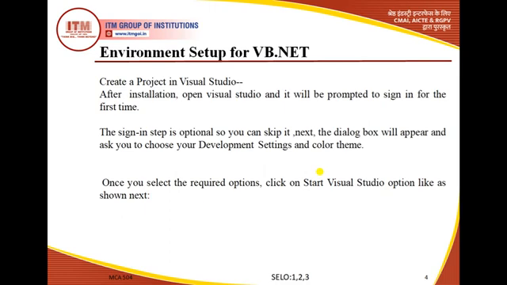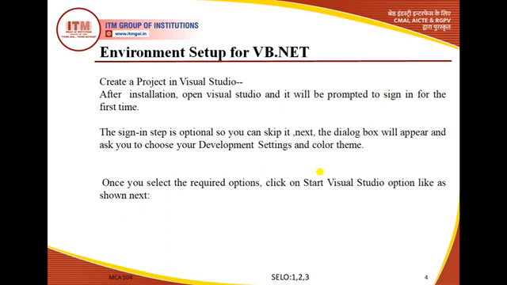Basically, after the proper installation is done in our system, we can open Visual Studio and start it. But first of all, Visual Studio must be properly installed in our system.